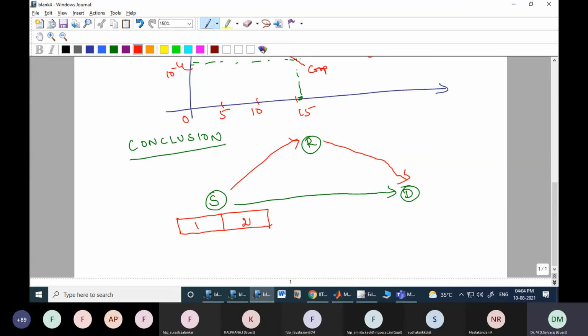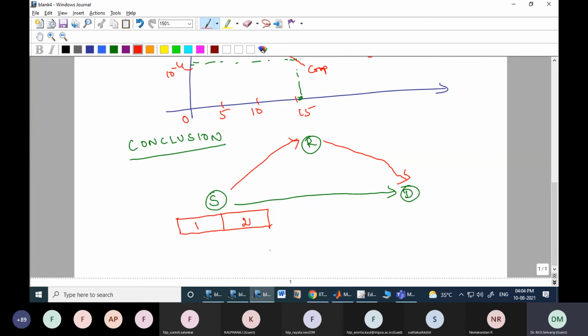That means the source, instead of transmitting for the whole time period, is transmitting only half of the time period. Therefore, the data rate reduces for the source. But the advantage is that you are getting enhanced performance. Enhanced performance gives enhanced reliability of communication, whereas the data rate is reduced. So this is about the cooperation.